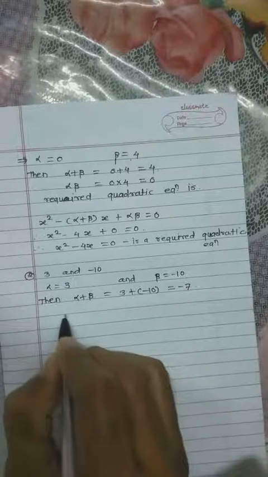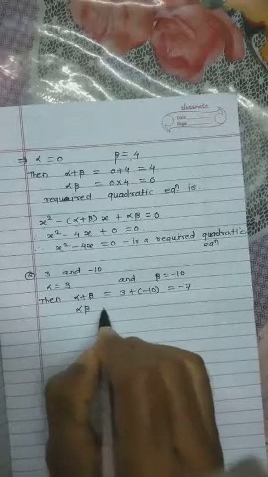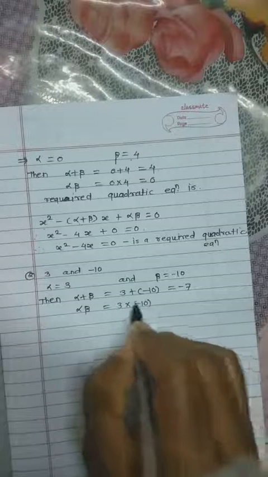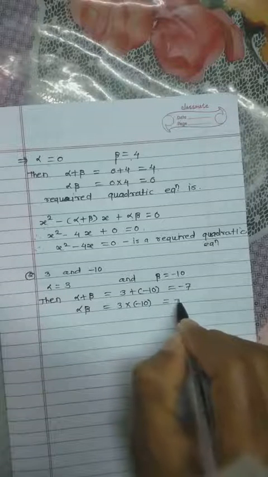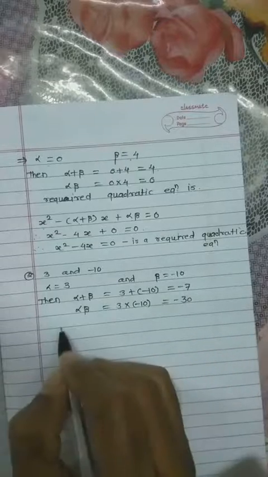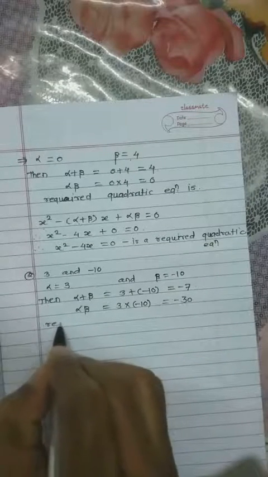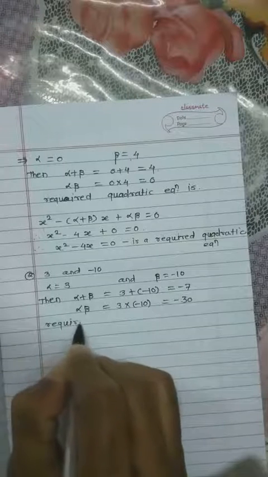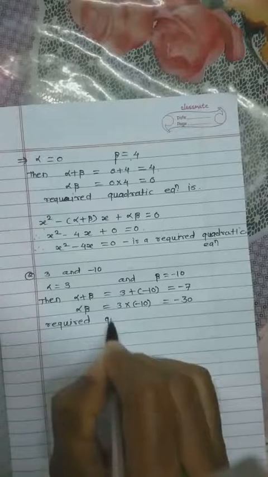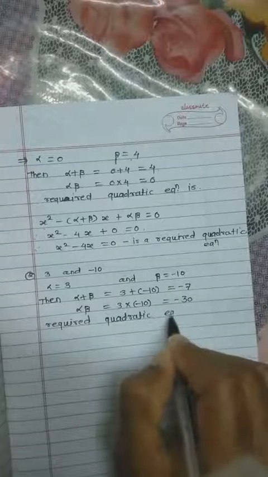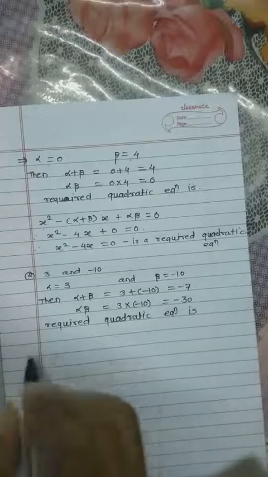Minus 7. Then alpha into beta is equal to 3 into minus 10, minus 30. So the required quadratic equation is